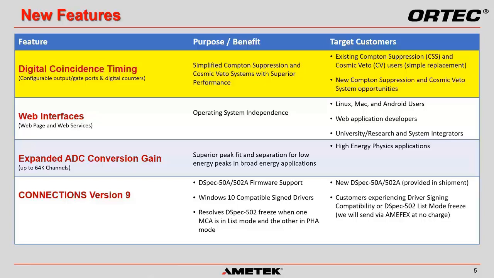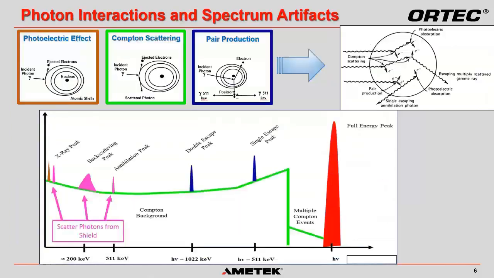Existing users of Compton suppression and cosmic veto systems can benefit immediately, as the DSpec 502A is a drop-in replacement for the existing electronics. This capability also opens the door to offer standard digital Compton suppression and cosmic veto systems going forward. In order to understand the benefits of a Compton suppression and cosmic veto system, we should first review